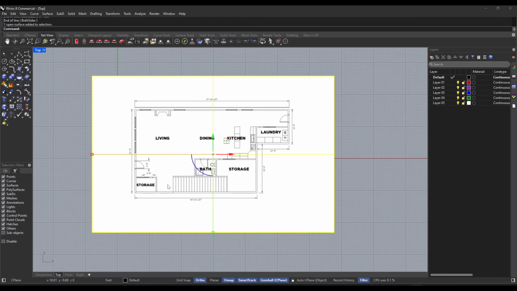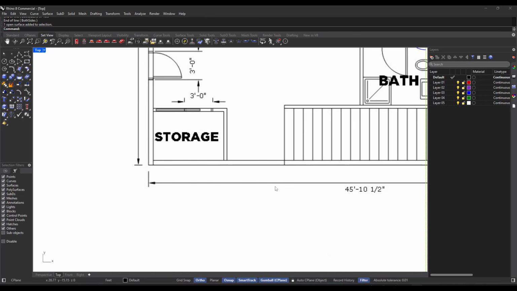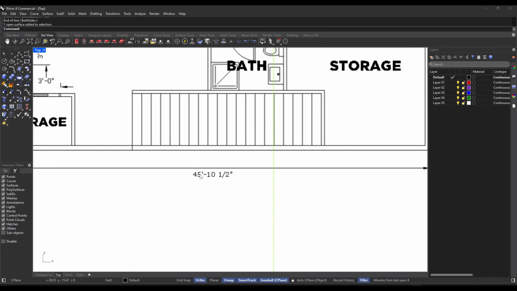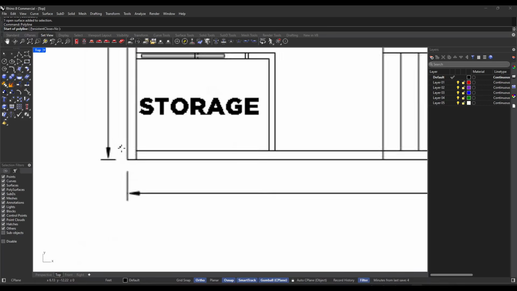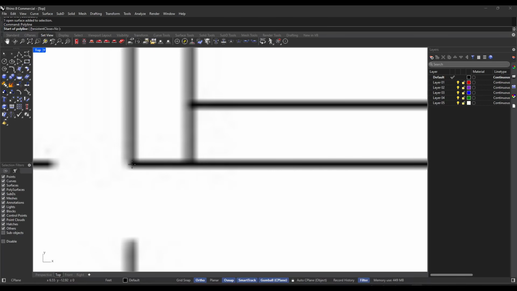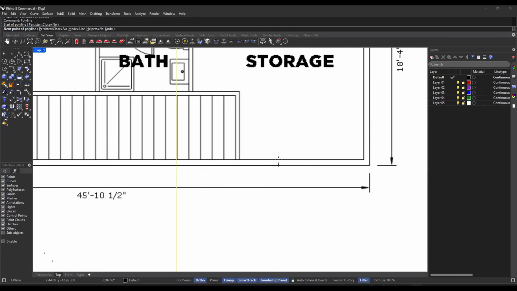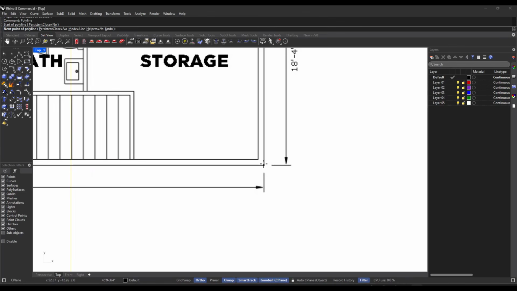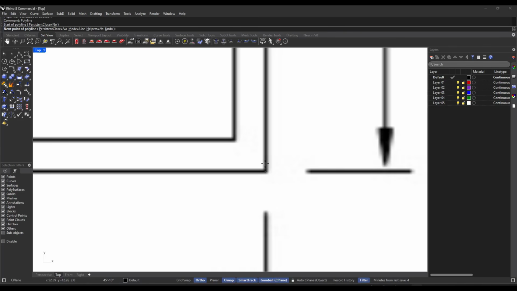Now, one thing that I recommend when modeling with reference images is you want to make sure that you're actually typing in the dimensions. So this first line, for example, it's 45 foot, 10.5 inches. So if I activate the line tool, and actually I don't want to use the line tool, I want to use the polyline tool because that allows me to add multiple points. But if I was to pick this corner, and we want to try to be as precise as we can with the resolution that we have, if I was just to move my mouse like this and click on this point right here,